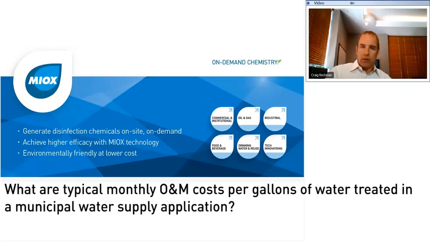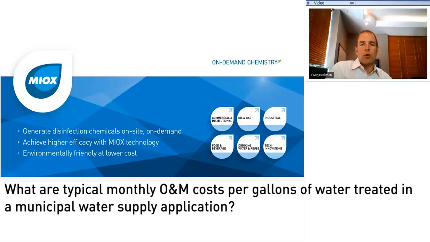If you were to take the capital out of the O&M cost, or the operating cost, of a MIOX generator, your primary cost is electricity. Almost all of our customers, their largest operating cost will be electricity. So if they're paying 6 cents or 26 cents, that really drives their operational cost. The next biggest operational cost is salt. And again, are they paying 15 cents a pound, 5 cents a pound, or 35 cents a pound will dictate